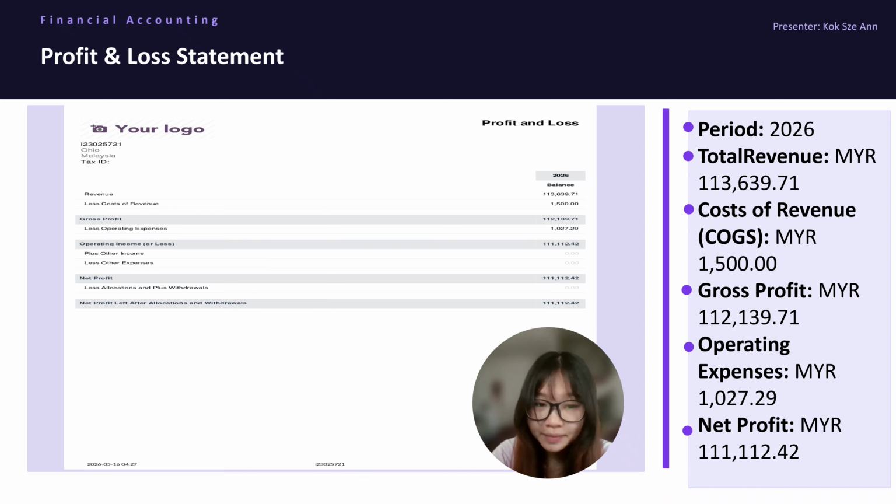1,500. This is because my teammates have now posted the manufacturing transactions and the system is correctly recording the production cost. As a result, the gross profit is 112,139.71 ringgit, which is calculated by subtracting the cost of revenue from the total revenue. Operating expenses still remain at 1,026 ringgit 29 cents, which include expenses such as rent, utilities, and other operational costs. Finally, the net profit is